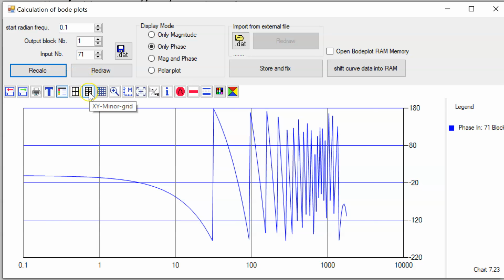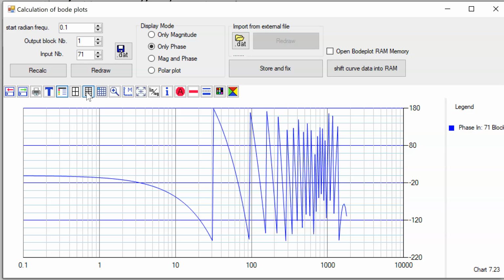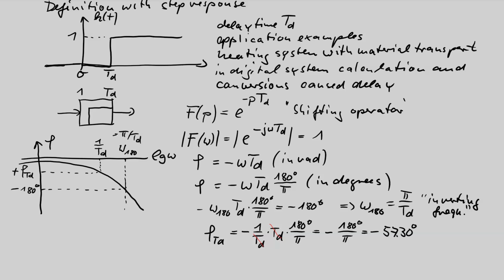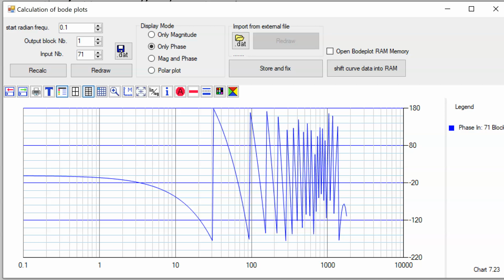If you want to have the logarithmic scaling here, press on this point. Note that in my simulation program, this is not the logarithmic value of omega, but omega itself. This axis is the omega axis, so we have here omega 1, 10, 100, 1000, and so on. Now look what happens here. We have a phase shifting here. In our equation, there is no phase shifting. Here we get a phase shifting because this program automatically does what we call